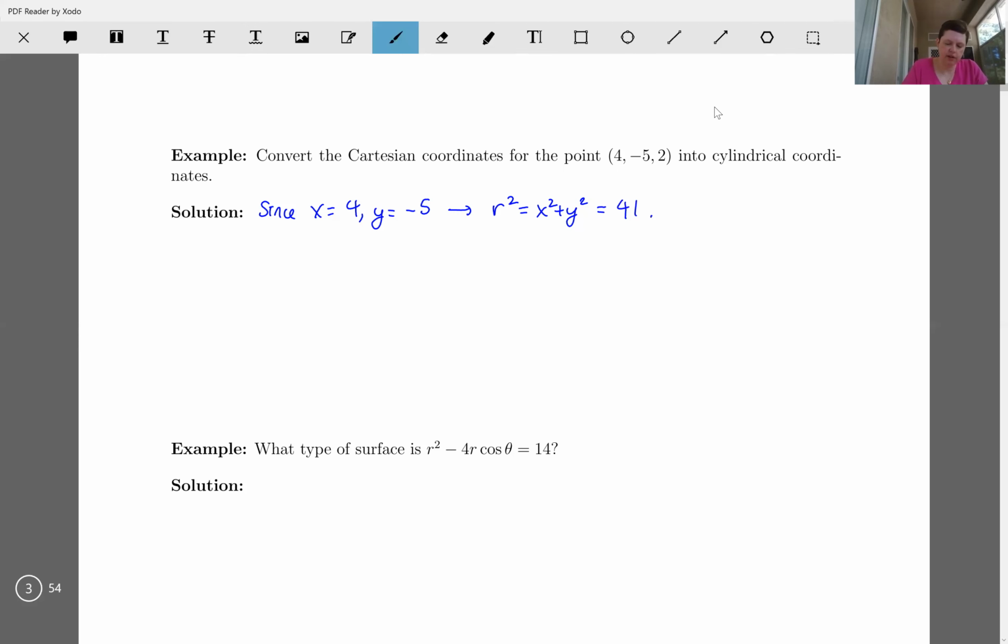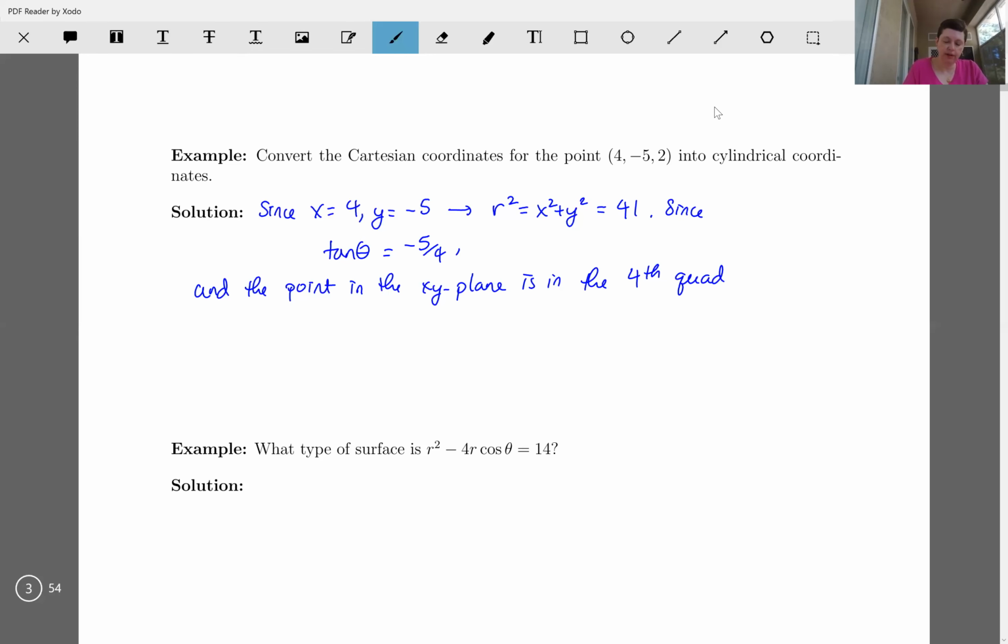And since tangent of theta is -5 over 4, and we know that the point, if I were just looking at the xy plane, is in the 4th quadrant,